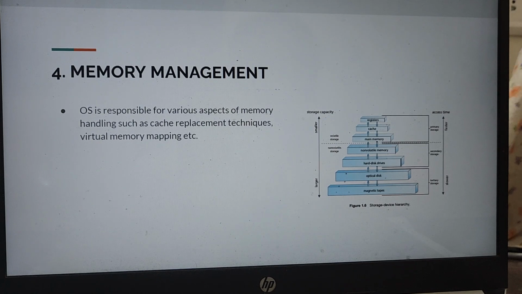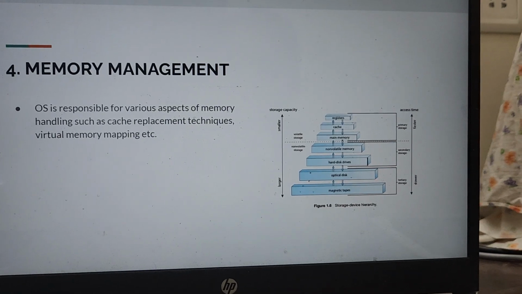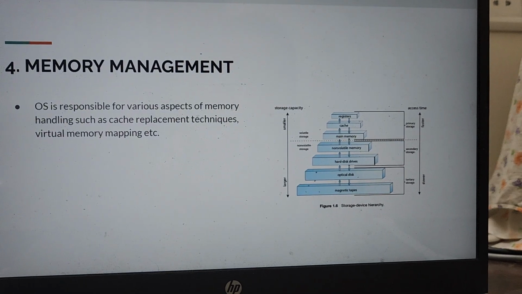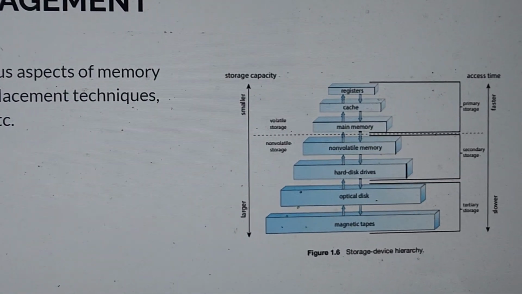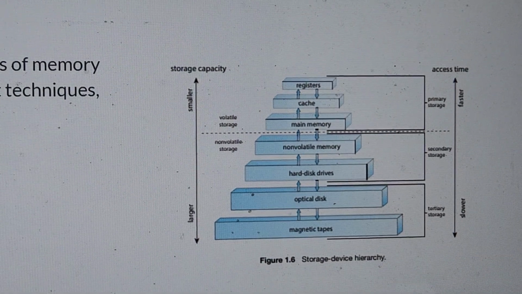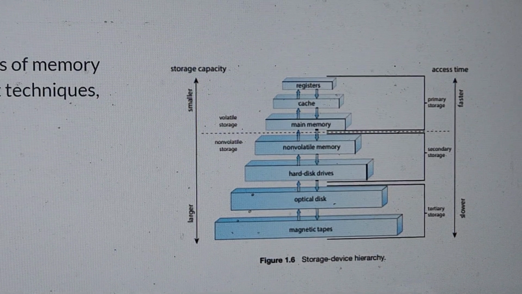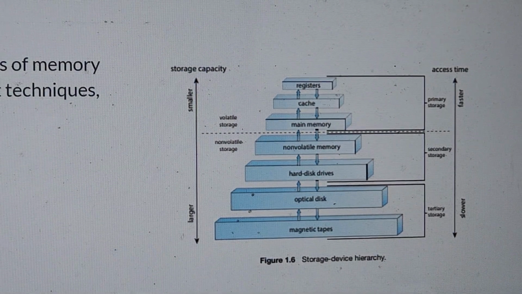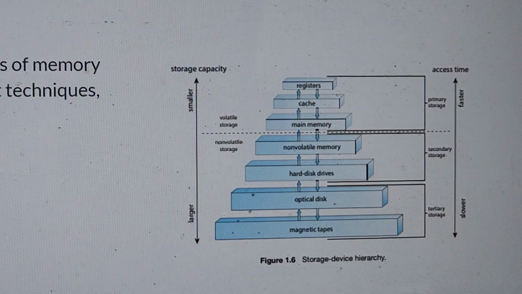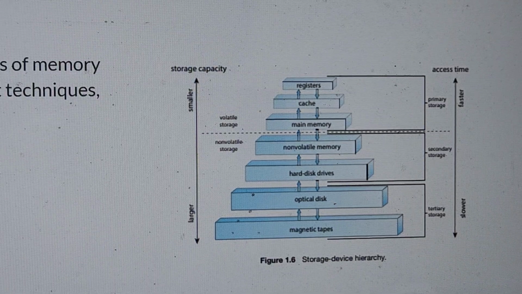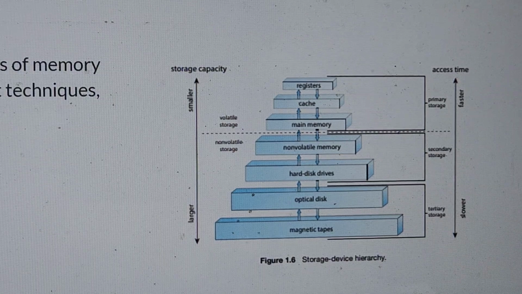Right. Another important task of the OS is memory management. So before we look at the memory aspect in relation to OS, let us take a quick look at different types of computer memory. If you look at the image, we see there is a sort of hierarchy starting with registers, cache, main memory, non-volatile memory, hard disk, optical disk, magnetic tapes. The size of these bars is increasing as you move from register to magnetic tape, which indicates